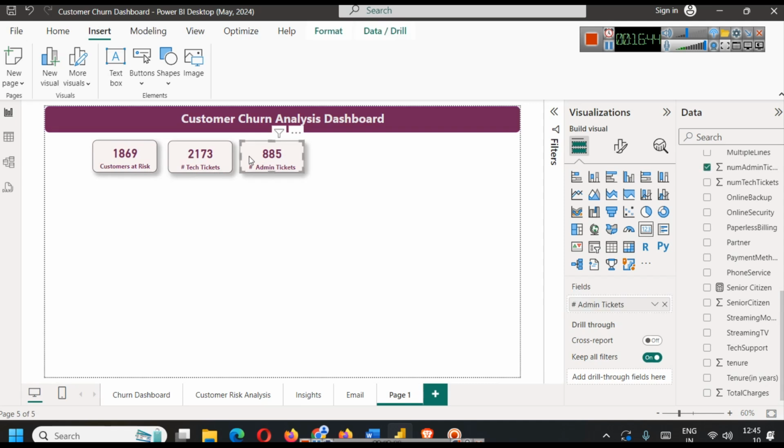So just copy, paste them side by side, and here we are going to bring total charges. Since the name is self-sufficient, we will simply call it total charges. Just put a space. So this way we have customers at risk, number of tech tickets, number of admin tickets,